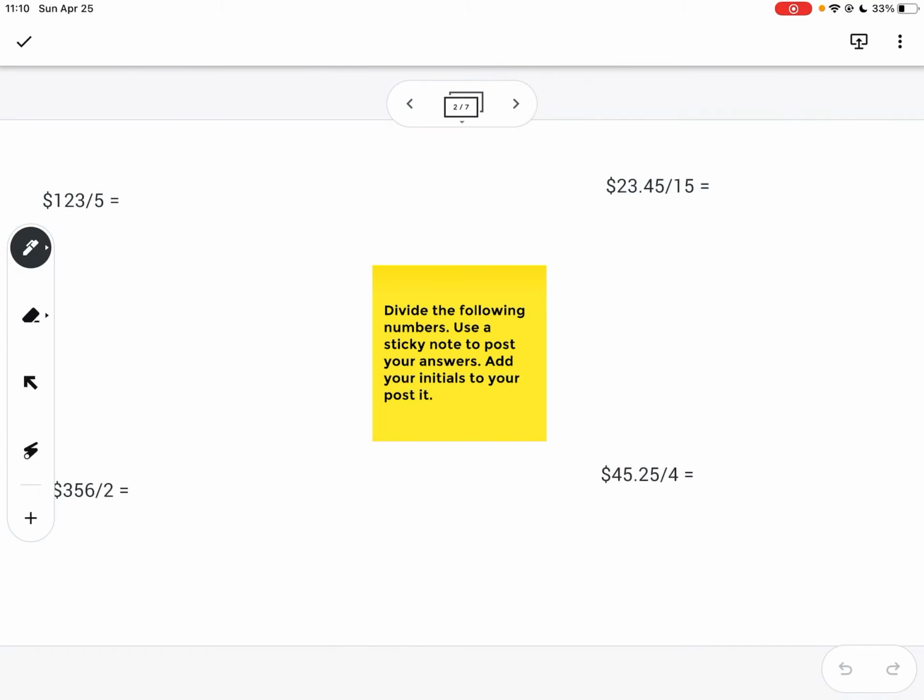So our first question is 123 divided by 5 gives us $24.60. Remember, always 2 decimal places, even if it's just a 0. Then I've got 356 divided by 2, which would be $178. Then I've got 2345 divided by 15, which gives me